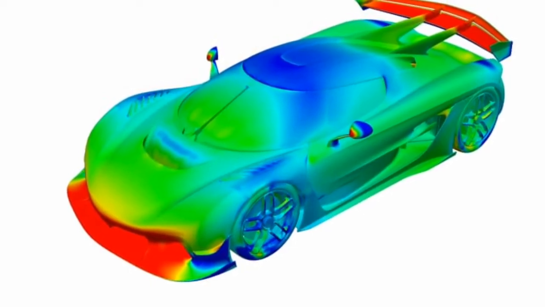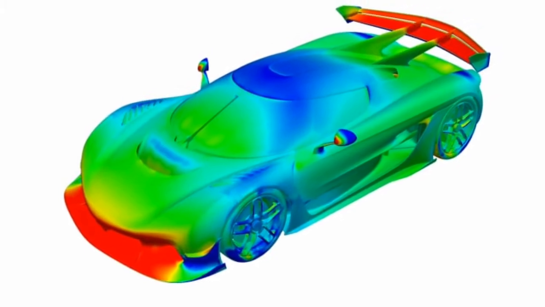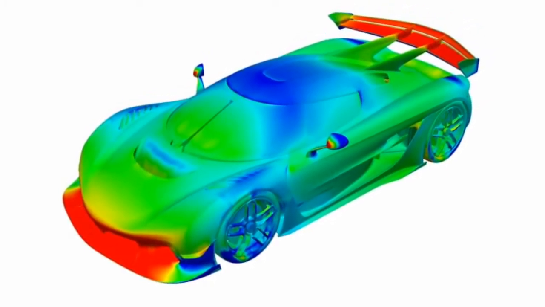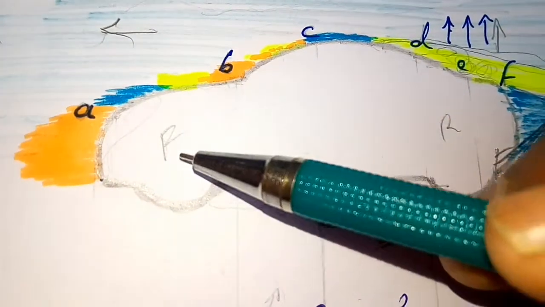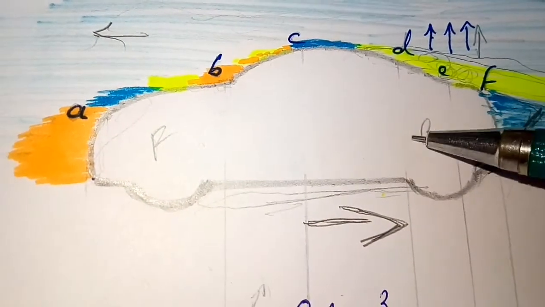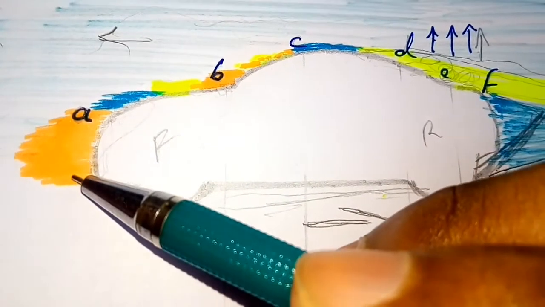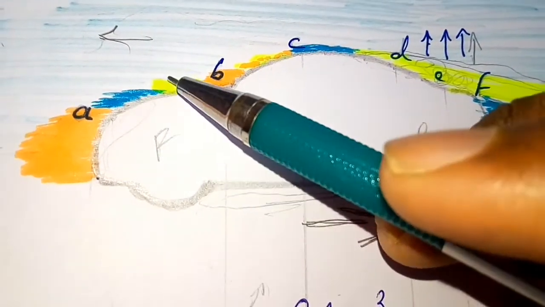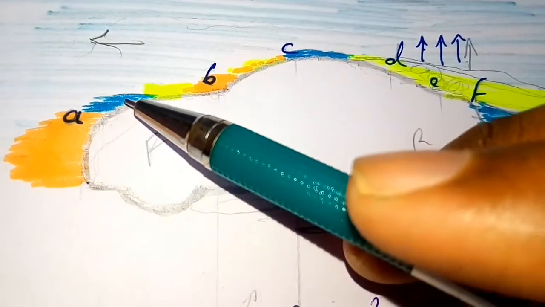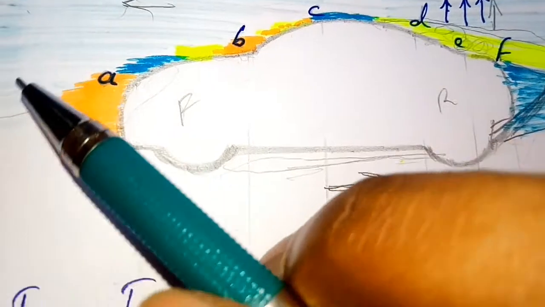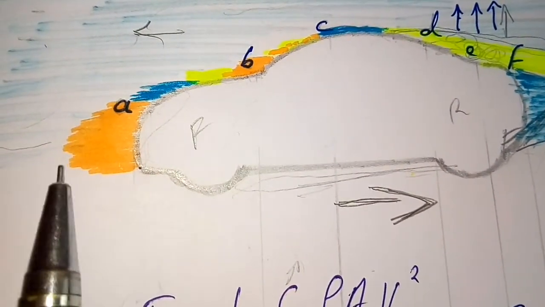Today I am going to talk about airflow around the vehicle and about the pressure variation that is happening when the vehicle is moving through a fluid, which is air. The figure shows a car that is moving, or accelerating, in this direction, and F shows the front and R shows the rear. And you can see various colors here. It shows various pressure regions. Orange shows the high pressure region, blue shows the low pressure region, and yellow shows the intermediate pressure region between the orange and blue. So here is the phenomenon that is causing the various pressures.